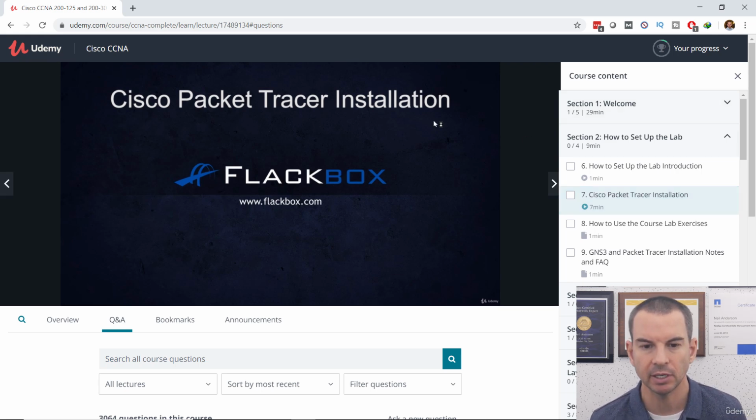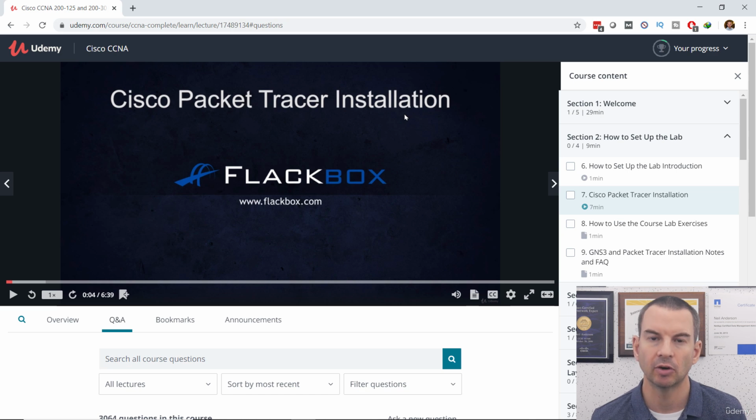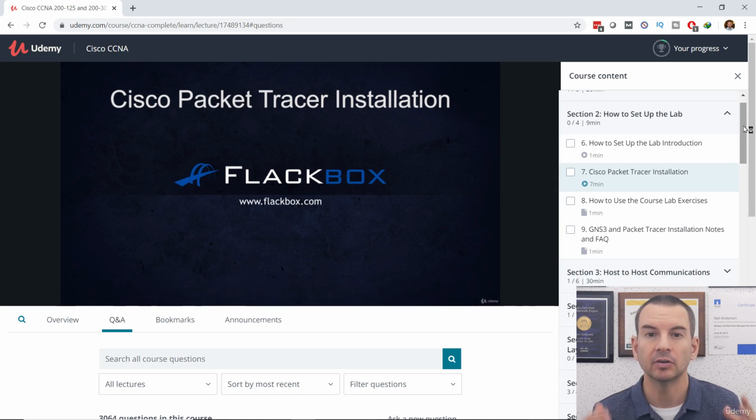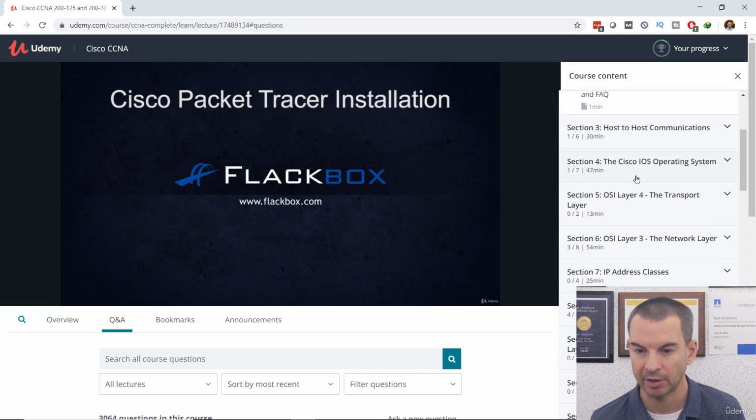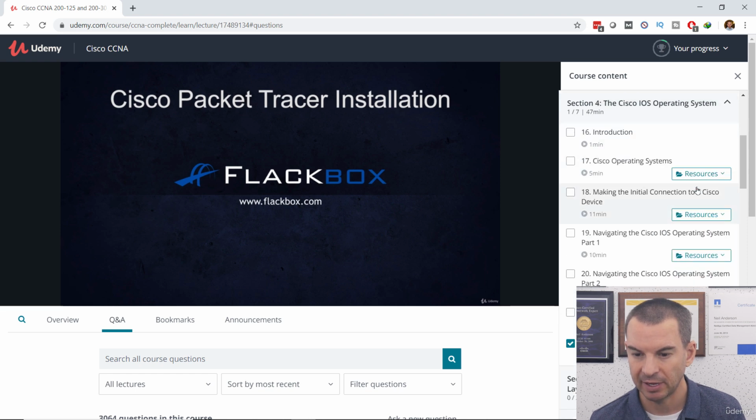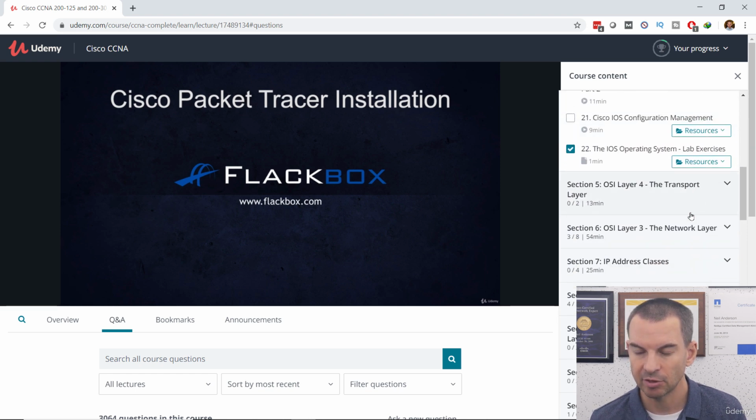As you can see here, I am logged into the course. To get the lab exercises, they're included at the end of all of the technology sections. The first lab exercise is at the end of section 4. Section 4 is the Cisco iOS operating system, and if I expand down that section, you can see that the last lecture is the iOS operating system lab